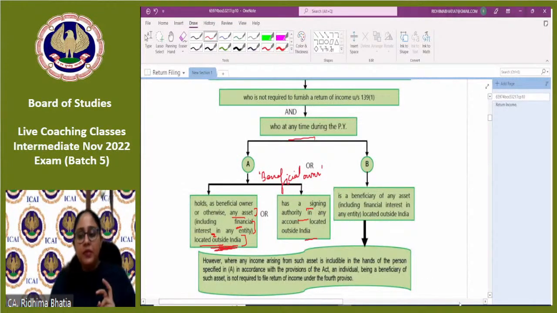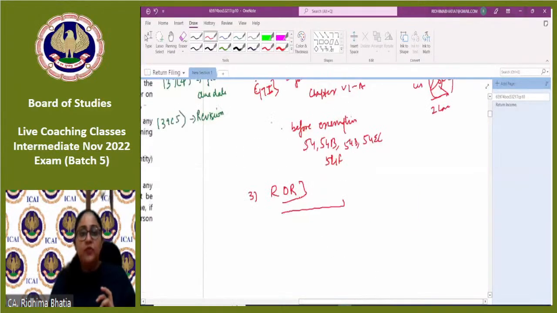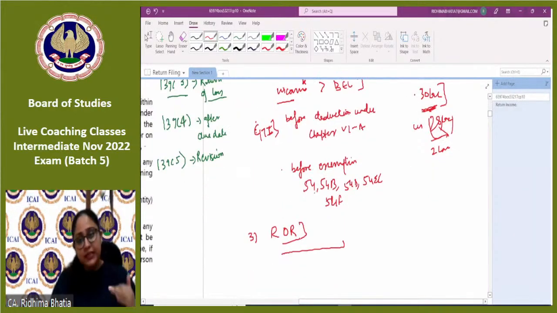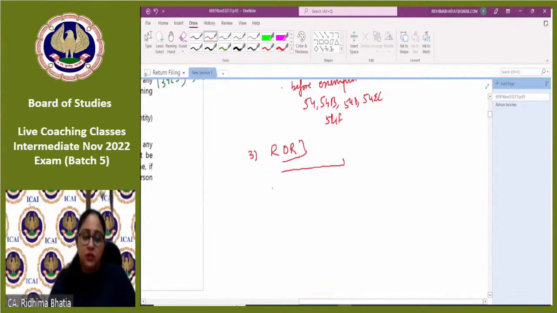See, अगर आप इस category में fall हो गए, which is your other assessee wala category, then you have to file the return. But the next categories which we are going to discuss are the ones who are not even covered here but still have to file the return of income. कहने का मतलब है, even if you are an other assessee not having basic exemption limit, but if you fall under the third or the fourth category, which we are going to discuss, still you are required to file the